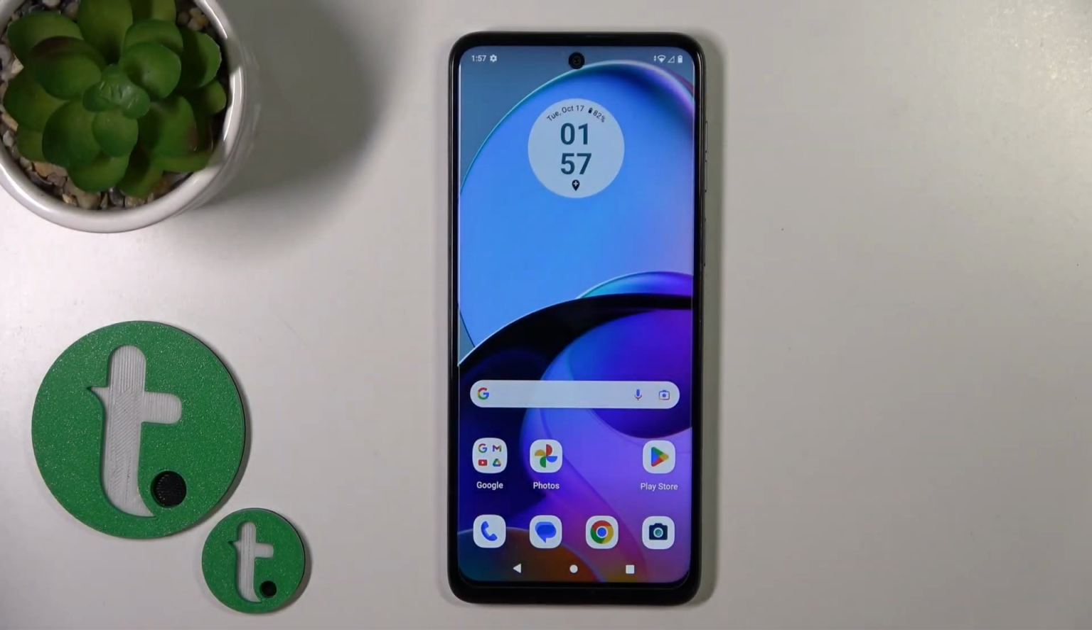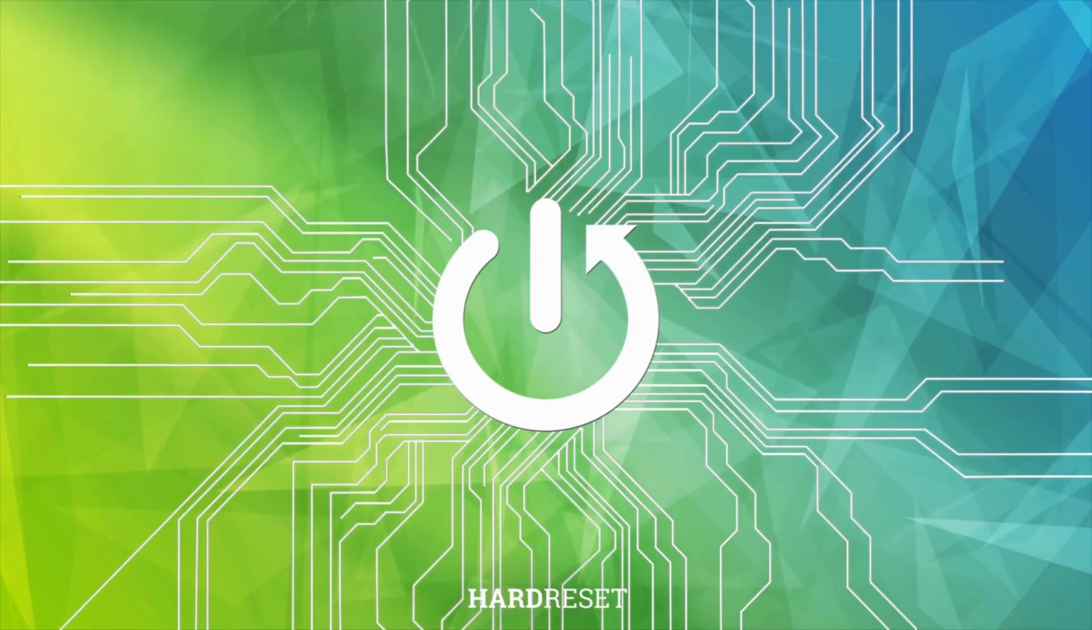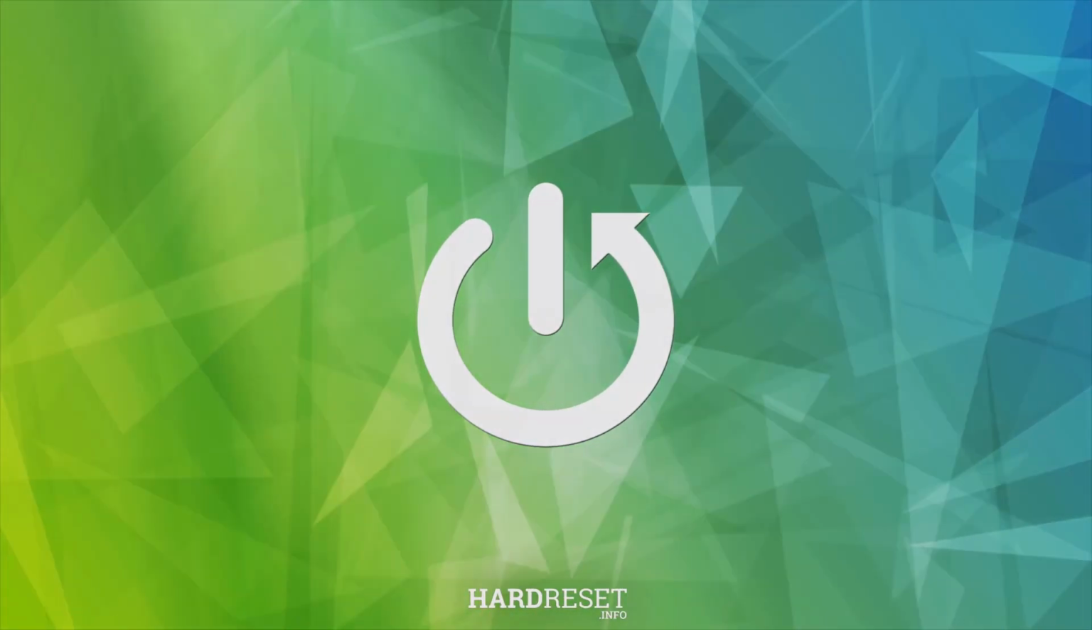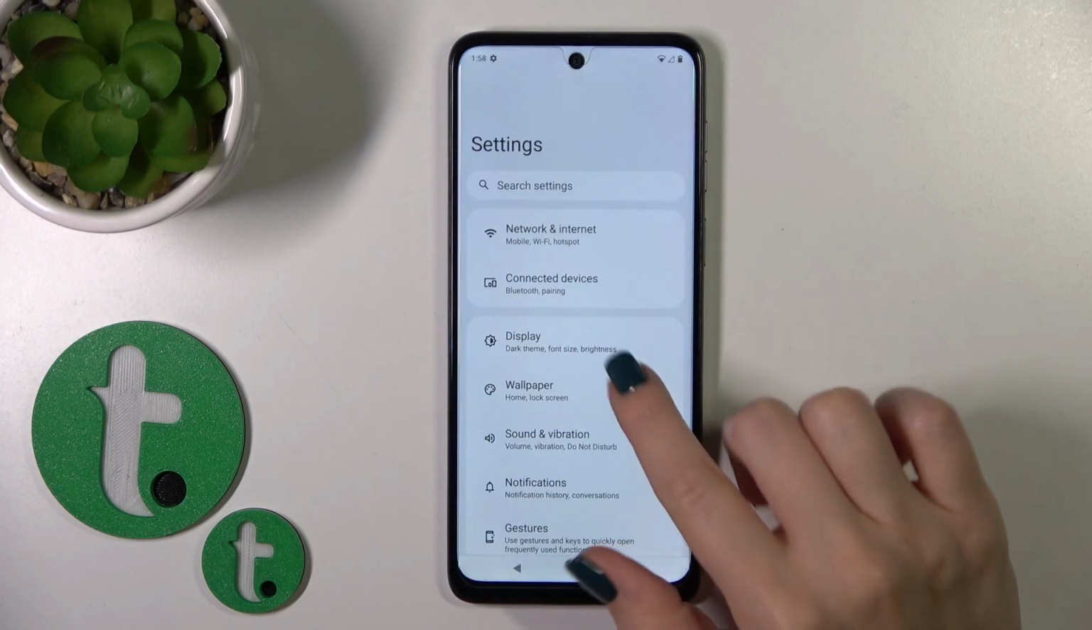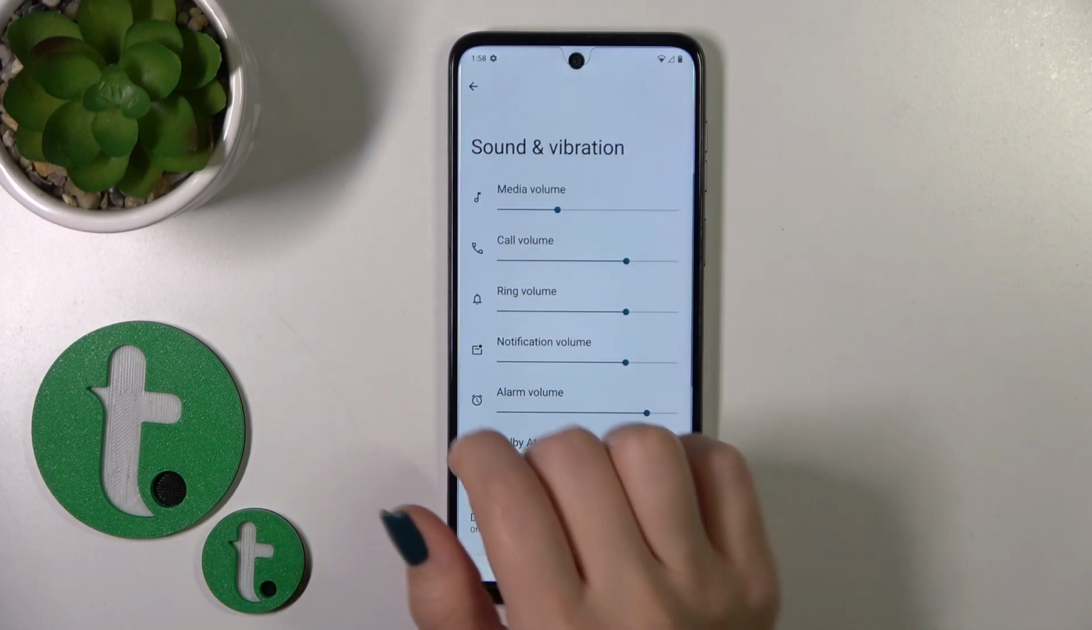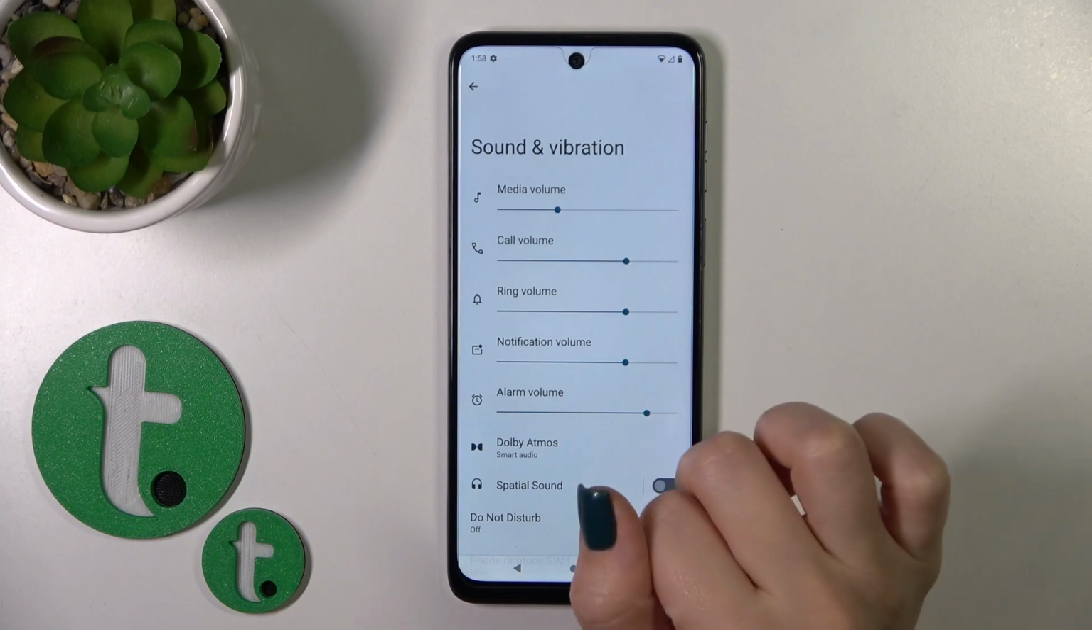Hi, this is the MOTOROLA G14 and I'll show you how to find and manage sound settings on this device. So first we should open the settings application and then tap on sounds and vibration to change the volume